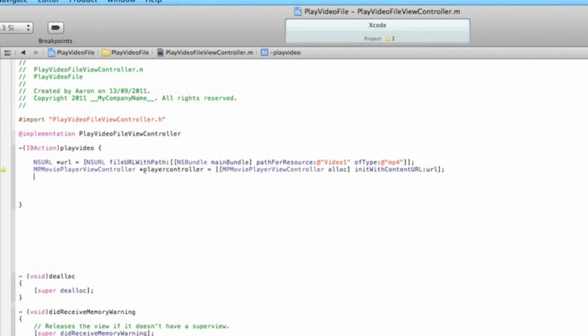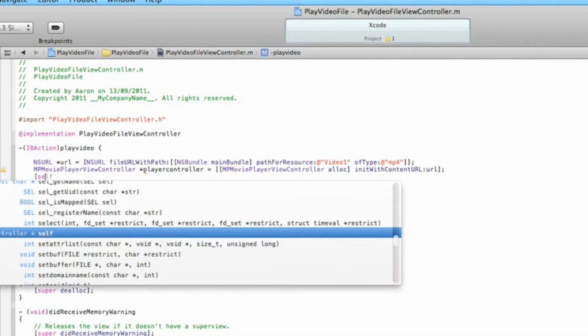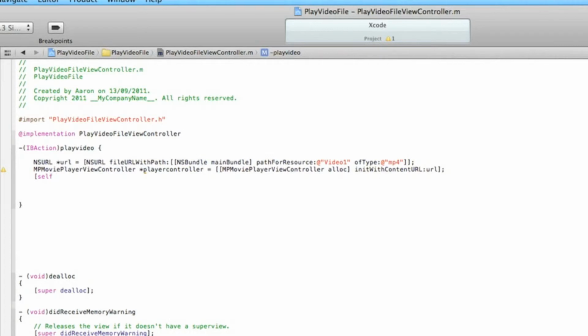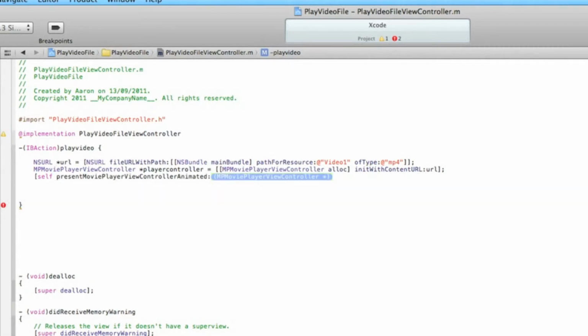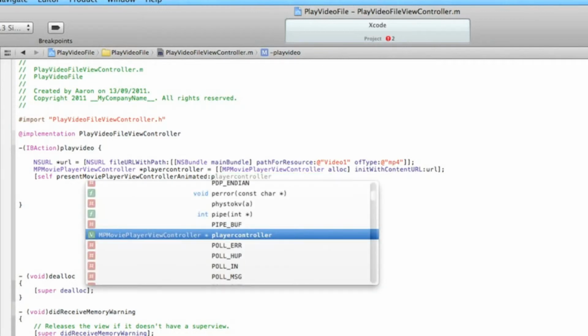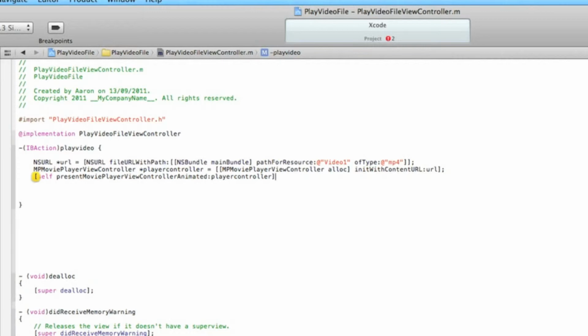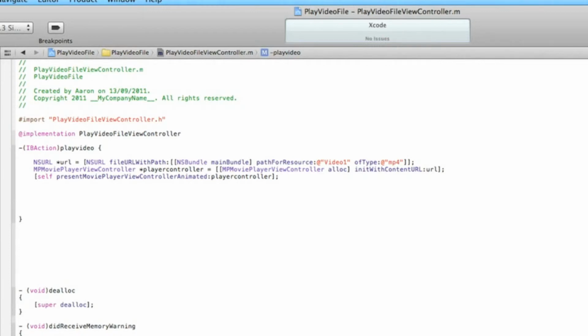Now hit enter. Again we do a bracket, type in self, presentMoviePlayerViewController animated. In the highlighter section we type in the name of our movie player view controller, which was playerController, and that ends with a bracket and a semicolon. And hit enter twice, and again type in playerController